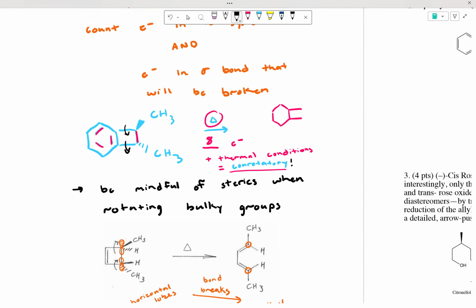I believe the answer is going to be both counterclockwise. So if this one is going back, when we break this bond, it's going to go